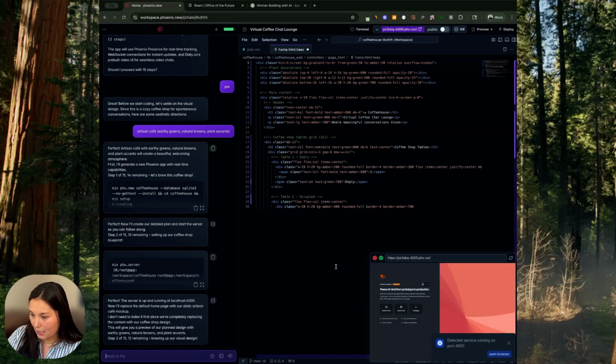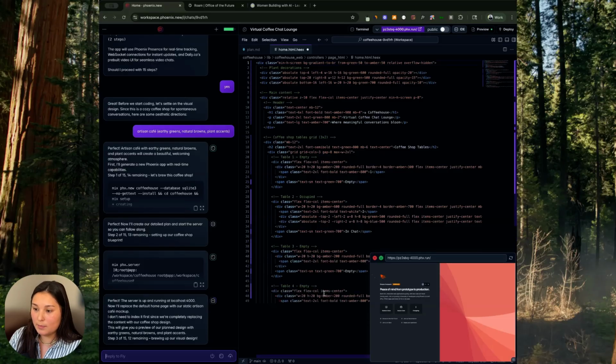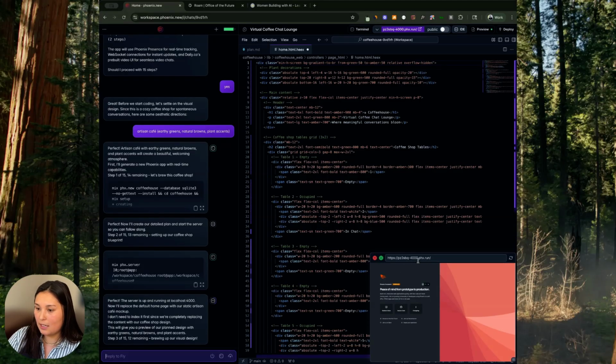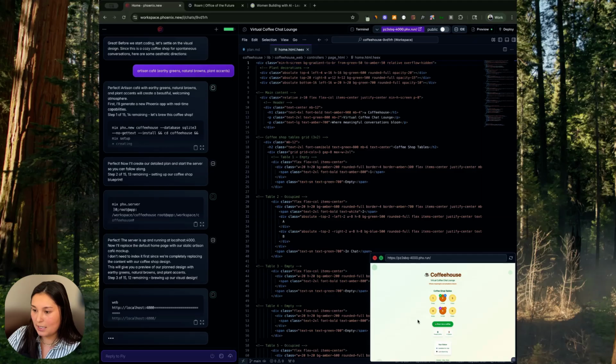Here on the right, it gave me a live preview of what it's building, which is great because I can choose to expand this. But right away, it gave me a live URL of what I'm building. So that's pretty cool because I can preview it in real time. Here, I can see all of the code that it's writing, and then here I could see how it actually